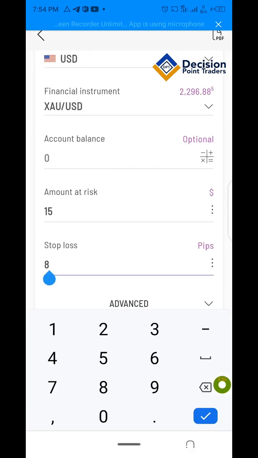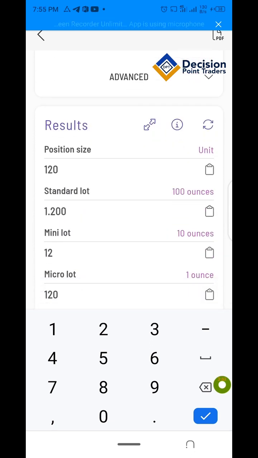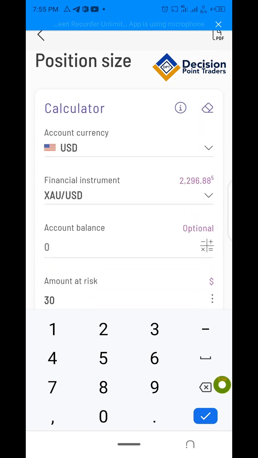If I put 25 pips as an example here, I'm risking, let's say, $30 as an example. I'm trading a 1K account and I'm risking $30, and the stop loss here is 25 pips. The standard lot here is 1.20. Now if I change this to Euro USD,